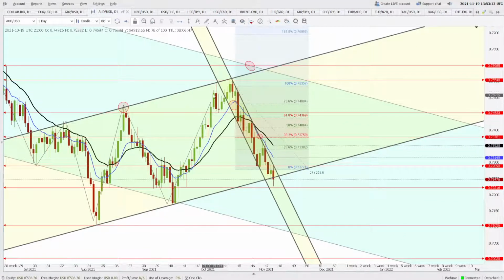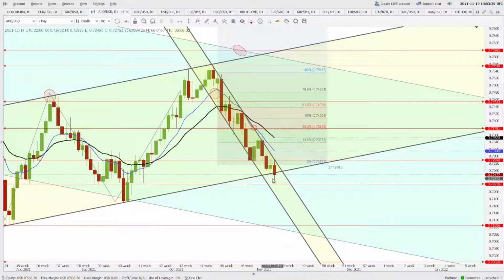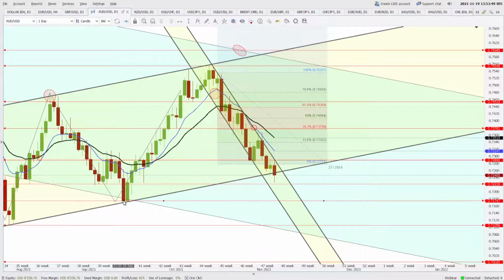The Australian dollar is falling in a channel and is trying to break through this rising channel also. This was a long-term rising channel, and now it seems like breaking down today. If the price closes anywhere below this area of 0.7250 today, then this will expose 0.7221 like I said, and if it closes below 0.7221, then the next support for the price will be these two lows here, which are almost at